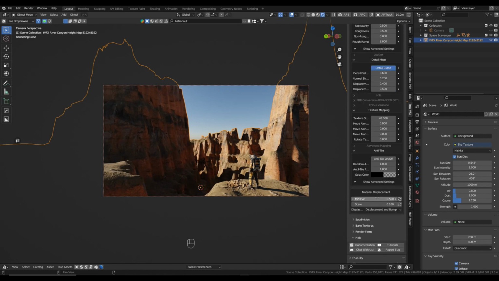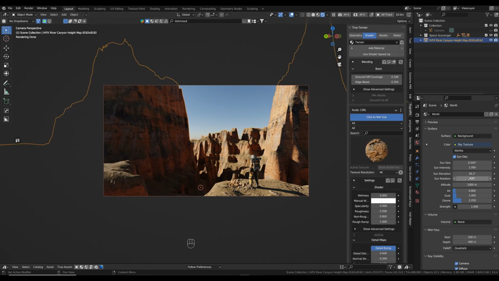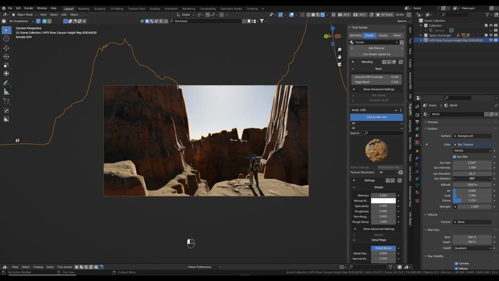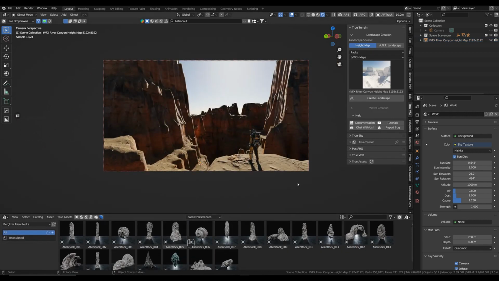And eventually we're going down to the material displacement, carefully increase that as well, so we get some nice rock formations over here. Okay, so let's play with this again, make this look good. Okay, as I said, we could just go and drag and drop one of those alien rocks in here,